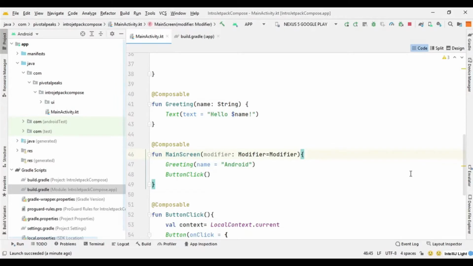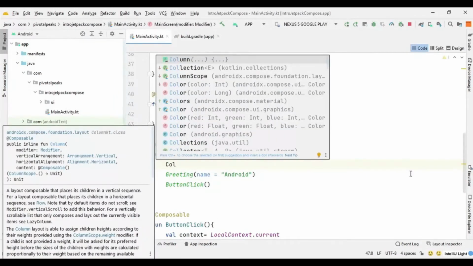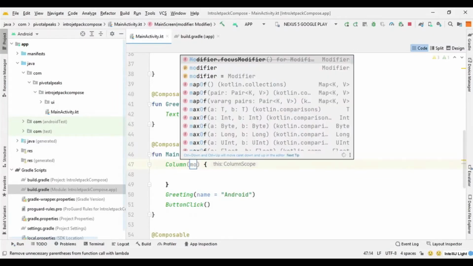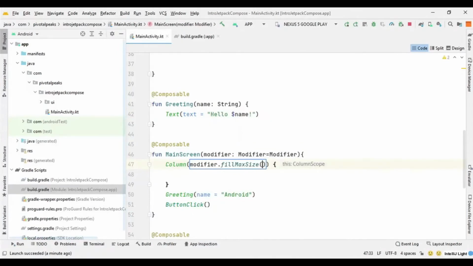So I will create a Column here where we can put this thing, and now is the time to use our modifier. I will say Modifier.fillMaxSize, and then we can give it some padding.